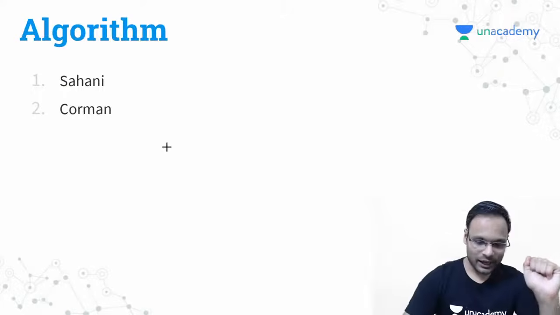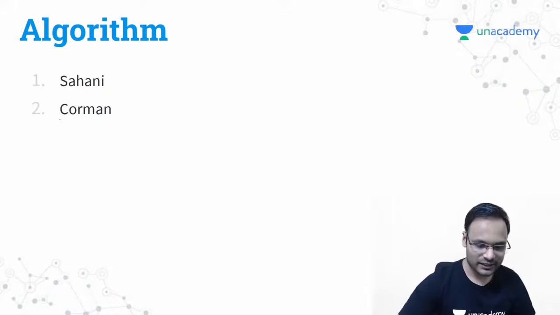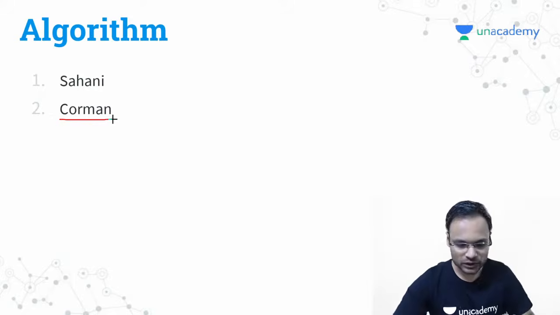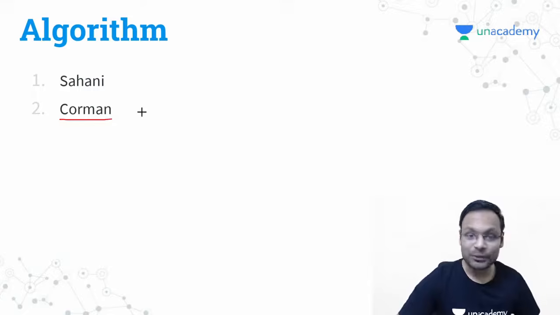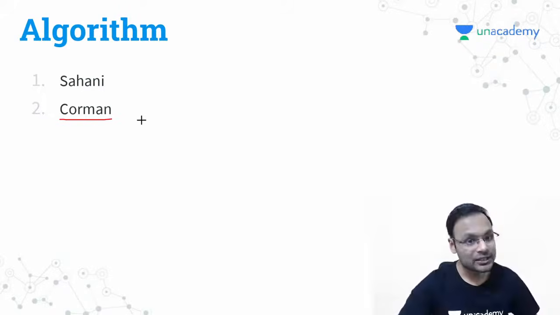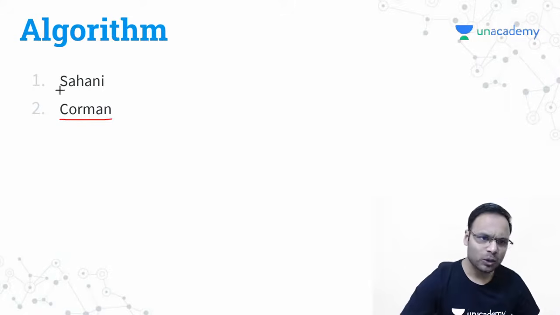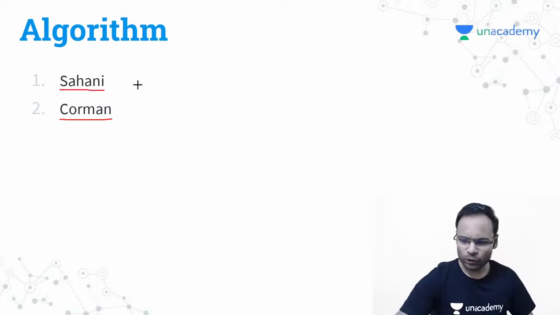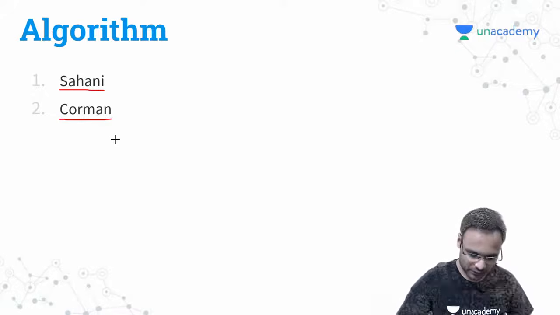Then we have Sahni and Cormen for the algorithms. Cormen, do you all know that this is one of the biggest books for the algorithms. We have followed this particular book in IISc for our masters also, and lots of other research papers also we have followed. Sahni is a good book which is followed by most of the students in their college time for algorithms. So of course you can follow that particular thing also.